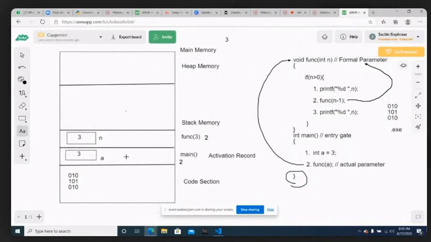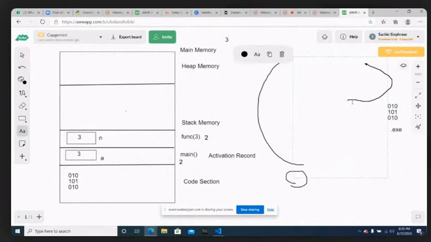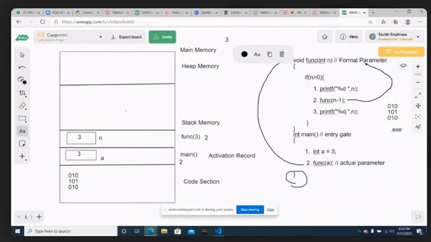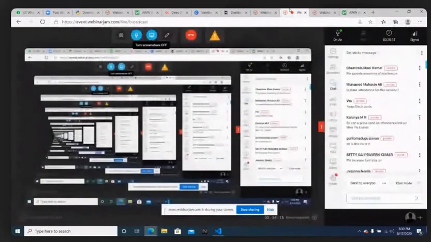So always the topmost activation area is the active one. You will be able to access only the topmost activation area. If you want to access this activation area, then the one above it has to be deleted. Only if this is deleted can you enter into the next activation area. So always the topmost activation area is the priority activation area. Now, on the second line you are calling the same function again.